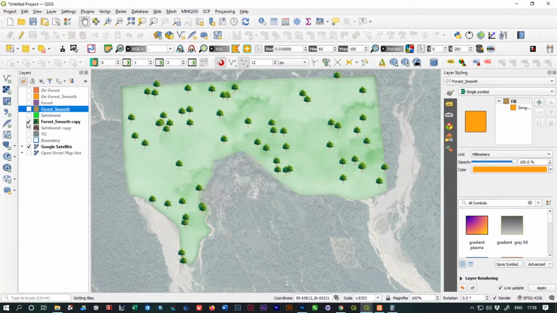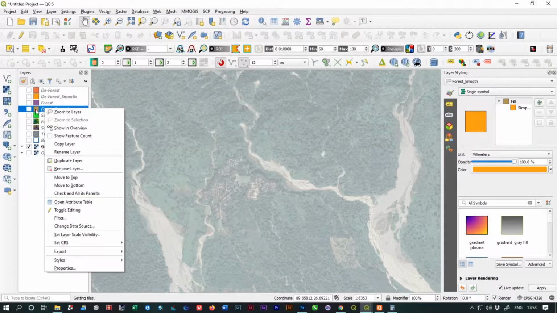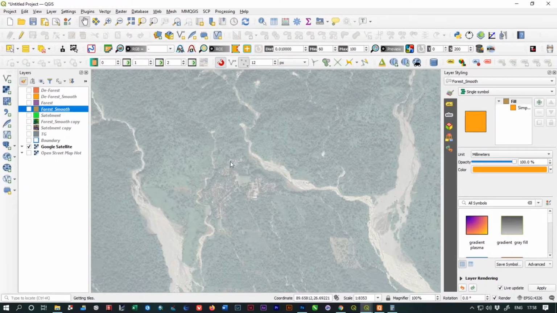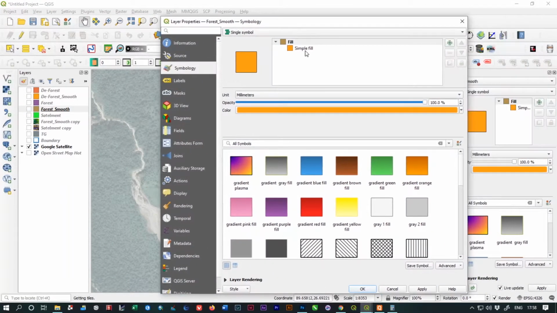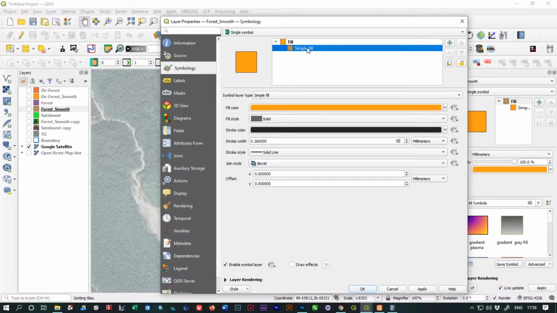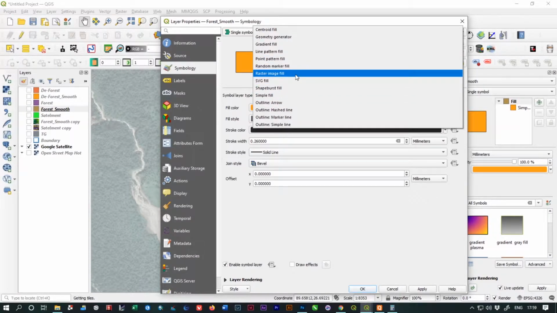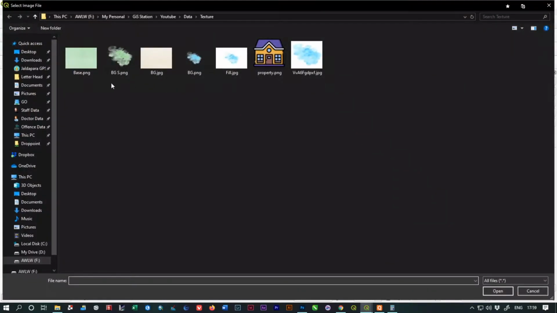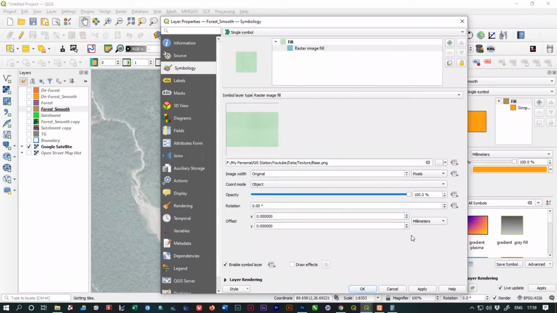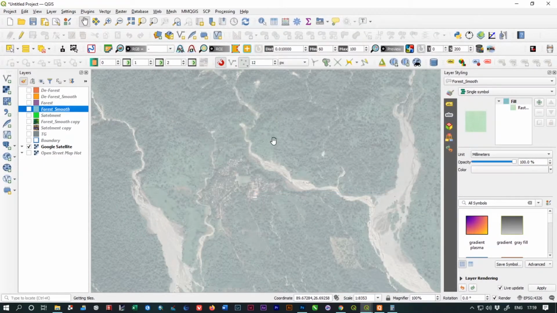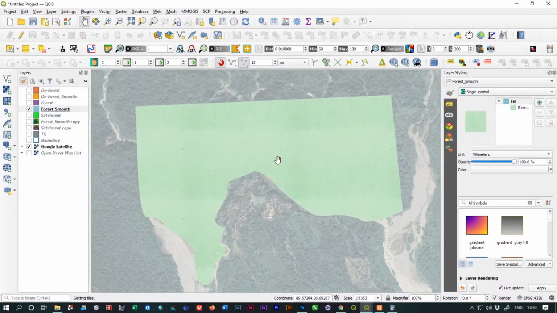So how can we do that? First of all, you need to open your layer styling panel. I'm going to open my layer styling panel, and there is an already available fill option, which is shape fill. I'm going to use this, but not as a simple fill. I'm going to use it as a raster image fill, and select the background base image. This is a normal pattern, and if you don't know how to create a pattern, I'm going to show you how to create a seamless pattern in Photoshop for your QGIS work.